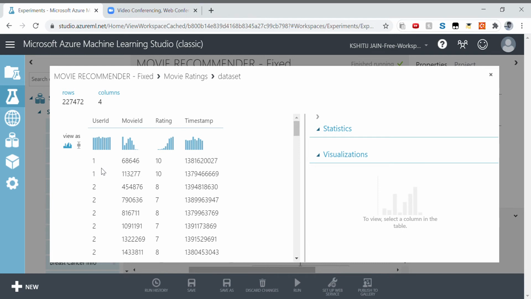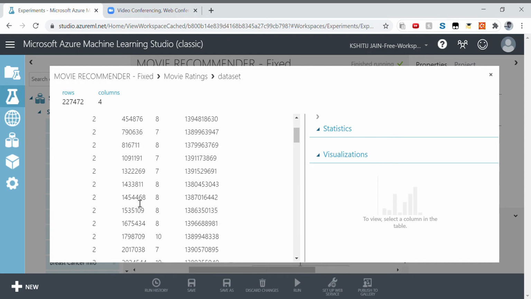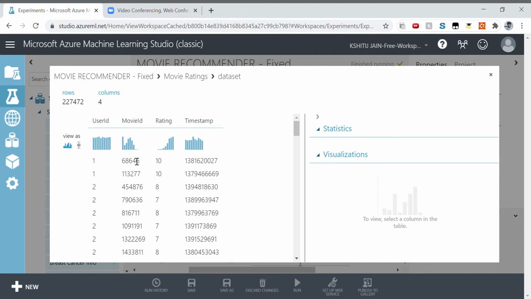Then there is a second person y whose user id is 2. The total number of movies x has watched is 2, as you can see, and the movies that he has watched are given as the movie id. He has rated those movies, as you can see in the third column.